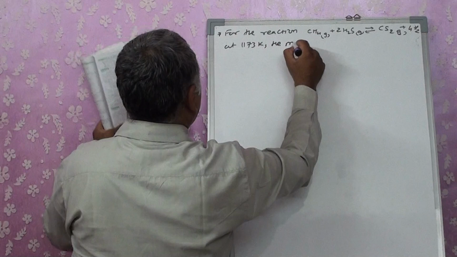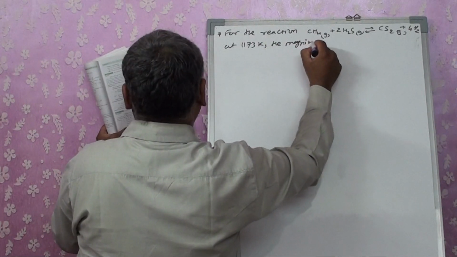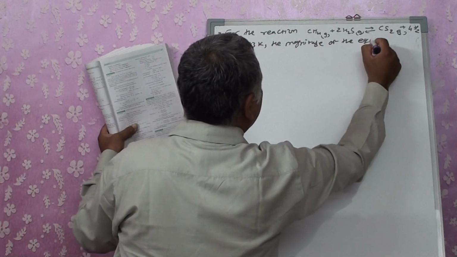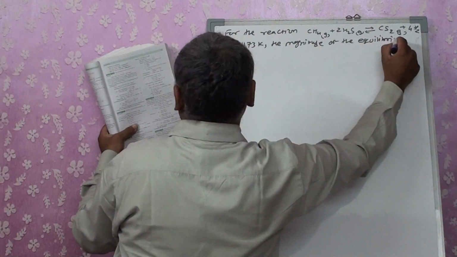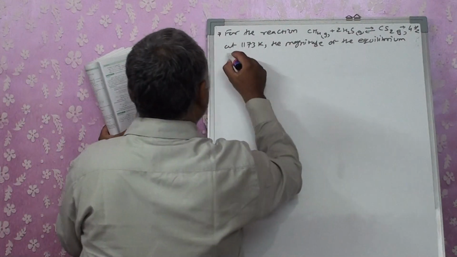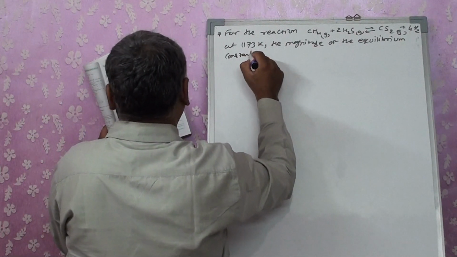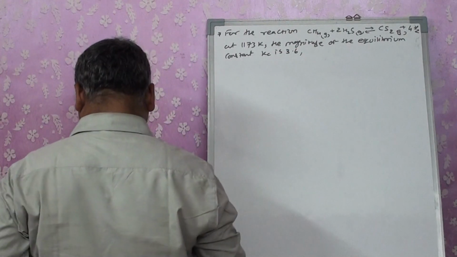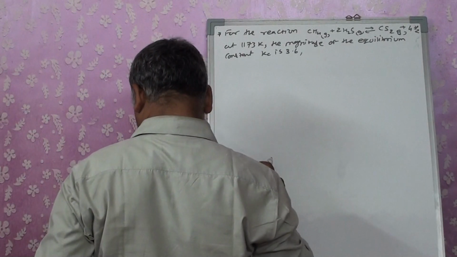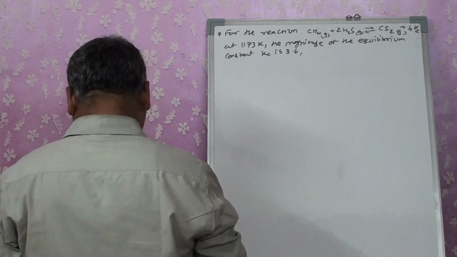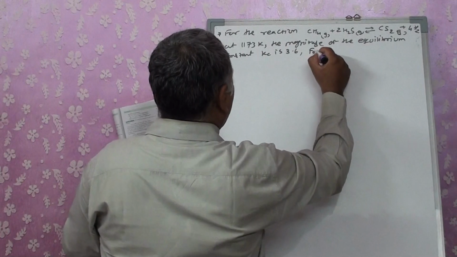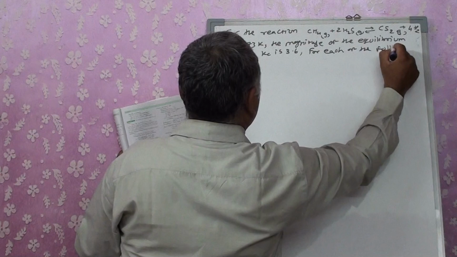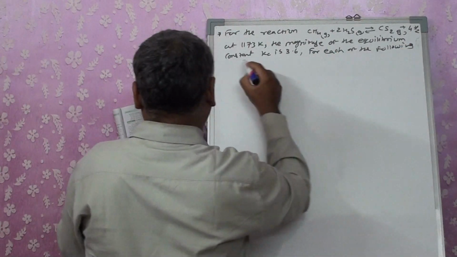The magnitude of the equilibrium constant Kc is 3.6. For each of the following composition,